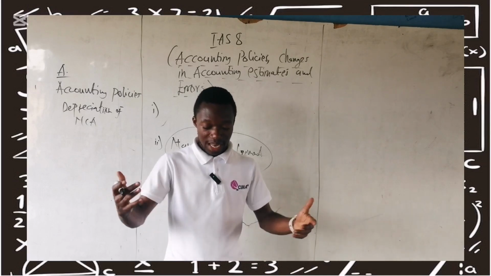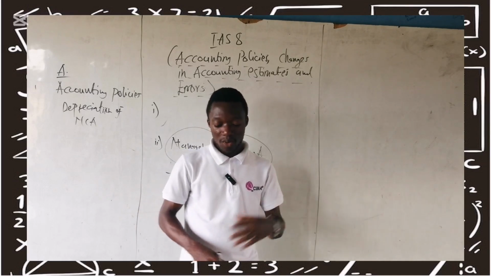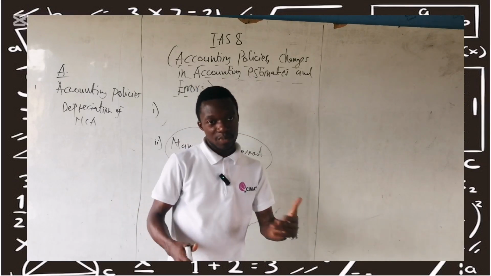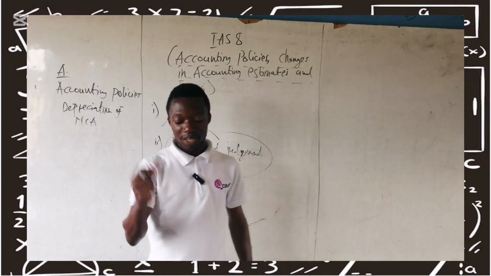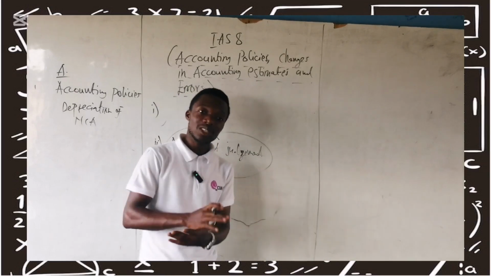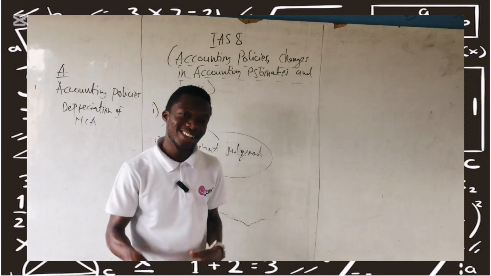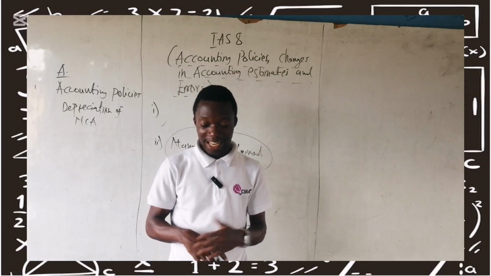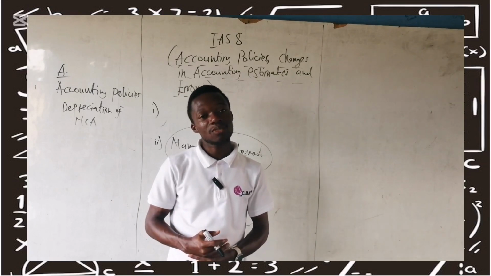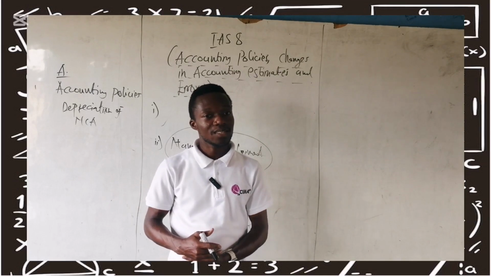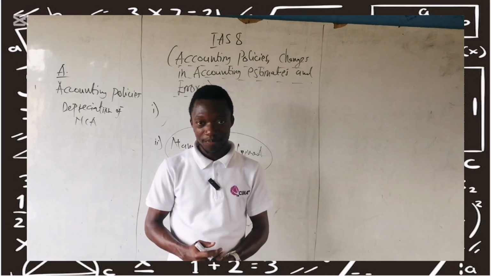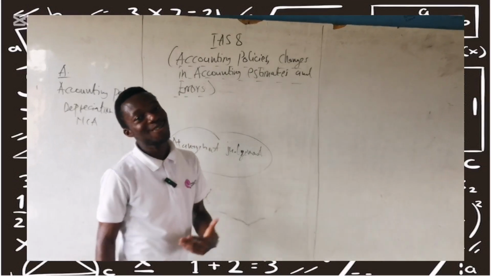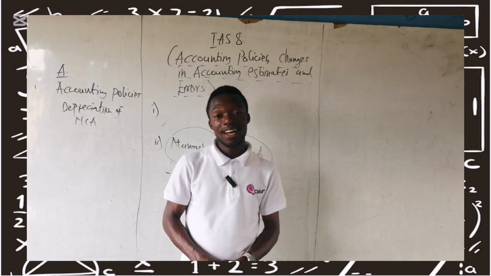And we said that in following management judgment, first, one has to look out for how a standard has treated a similar event or transaction. Management has to follow that. Secondly, management also has to follow the definitions of the conceptual framework with respect to assets, liabilities, income, and expenses, and then make references to accounting literature, best industry practices, or publications in that line. So this is what comes in when we are talking about how to select an accounting policy.